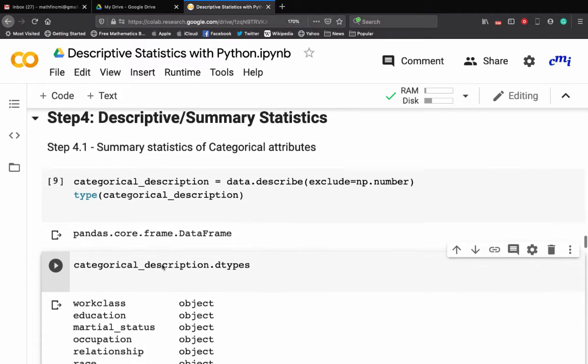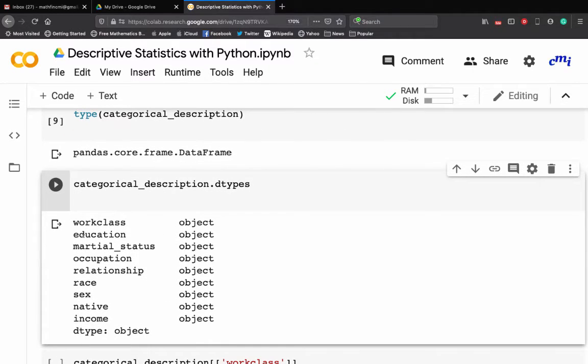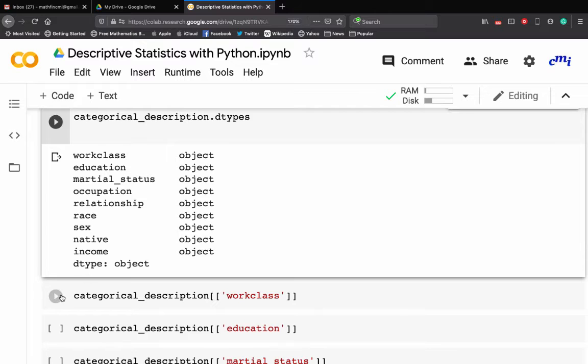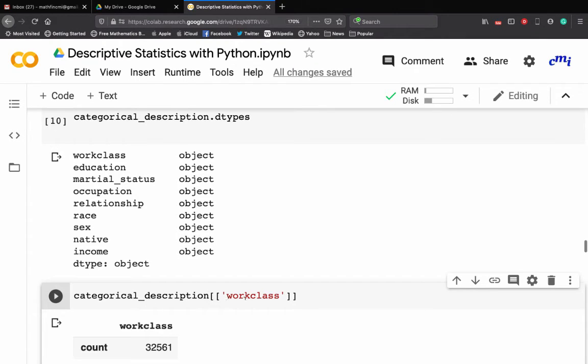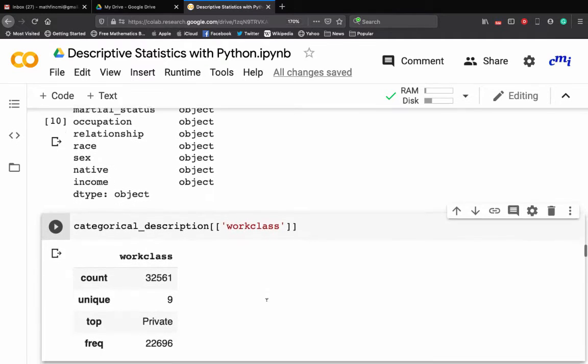Out of 15 variables, all the object variables have come into the categorical descriptions. If you ask for the categorical description of the work class, then it tells you that